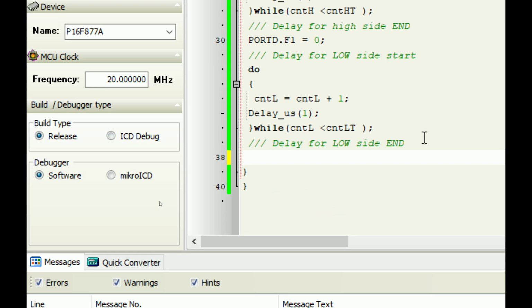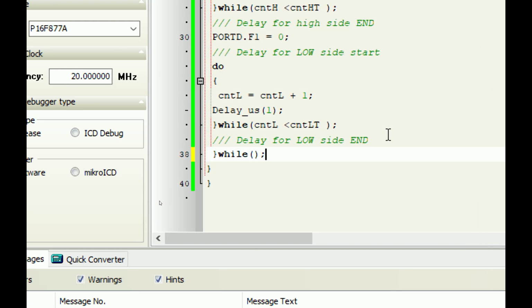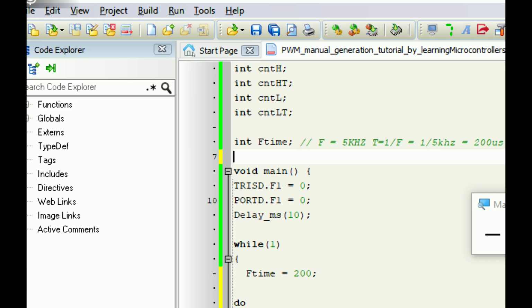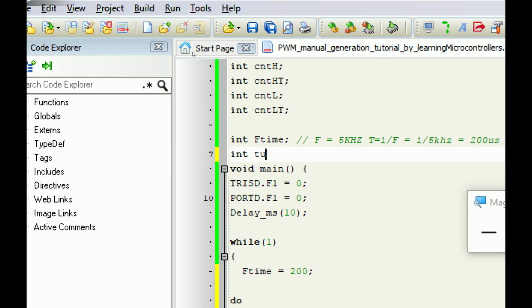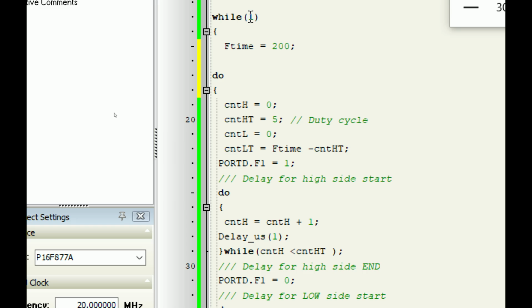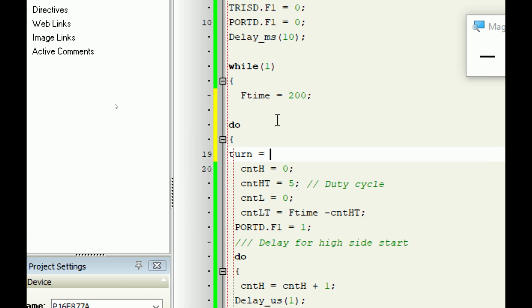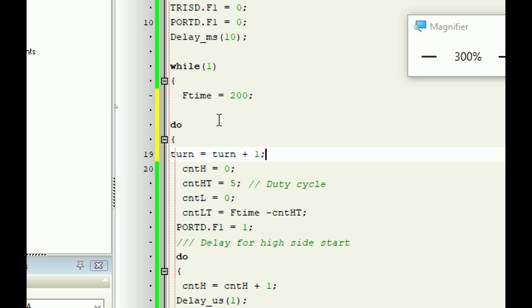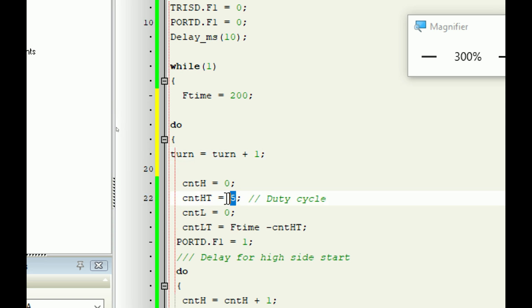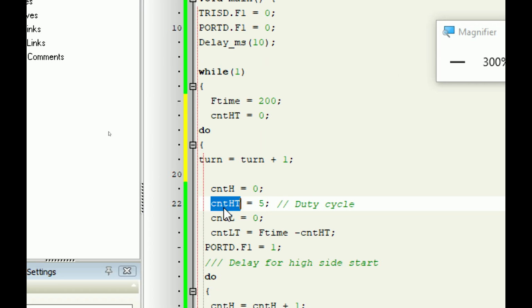Okay, I write this bracket, I write while, and this will be the conditions. And now we need another variable for this do while loop. I write integer turn. Turn is an integer. So what happens is that as soon as this do while loop starts, turn equals turn plus 1 like this, and then this count is now no longer only here, we also bring it up here. So by default when the code starts, it's always 0, and the value of the count is incremented by 1